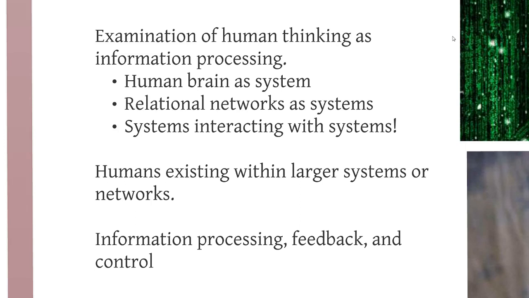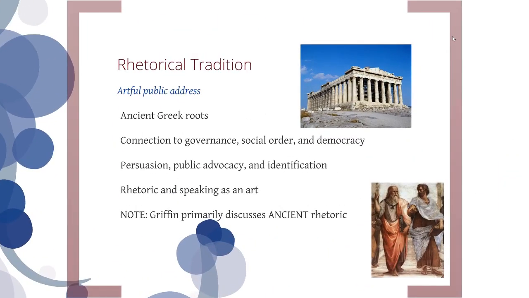And that type of theorizing is, again, trying to establish that information processes go through this, and information is processed in particular ways, has feedback and some elements of control. And so the folks that are doing this sort of theorizing, again, position the human world in this systematic nature as systems interacting with other systems.